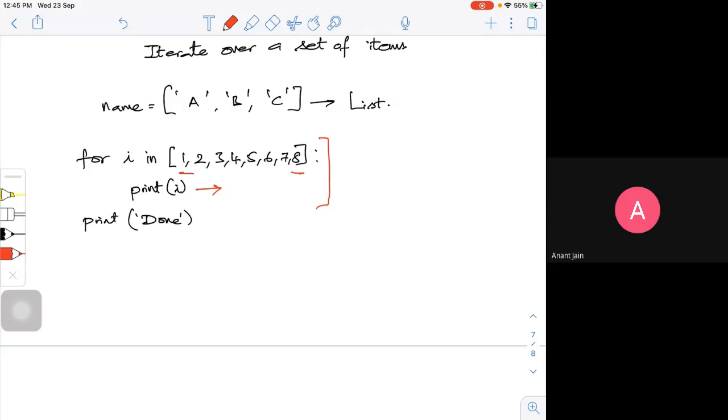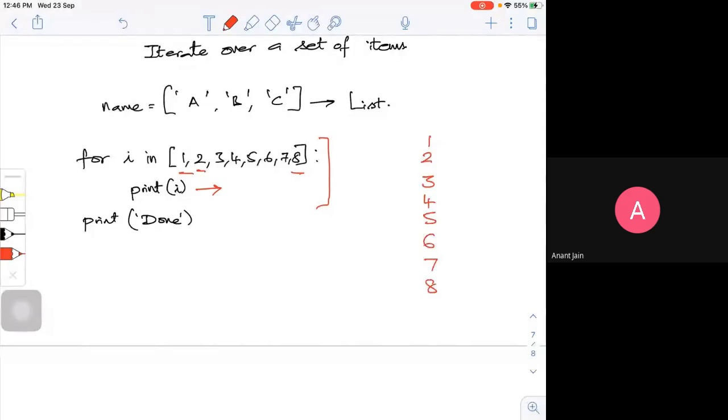Then it will automatically increment. So for the value of I is equal to 2, I'm going to print 2. Then for I is equal to 3, it is going to print 3. Then 4, 5, 6, 7, 8.